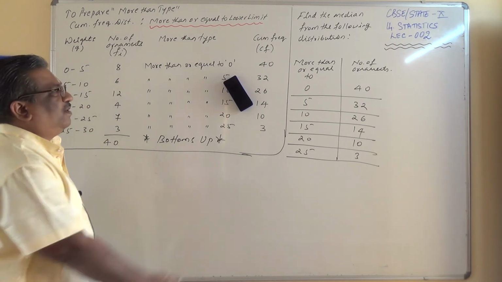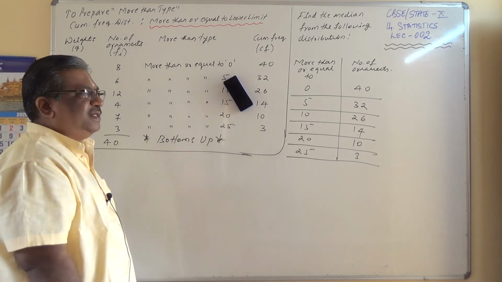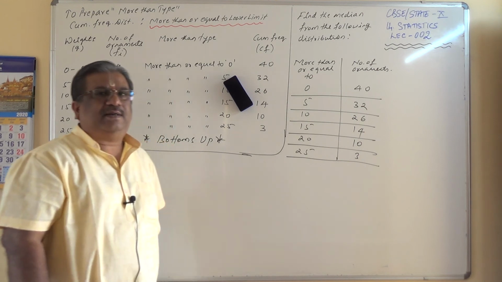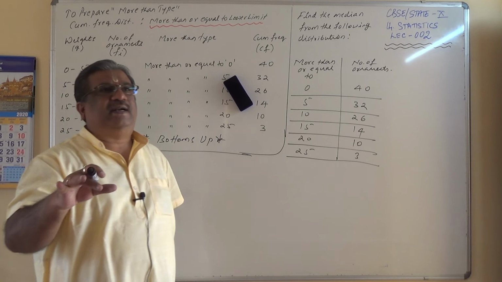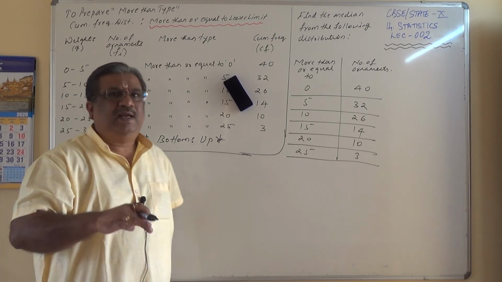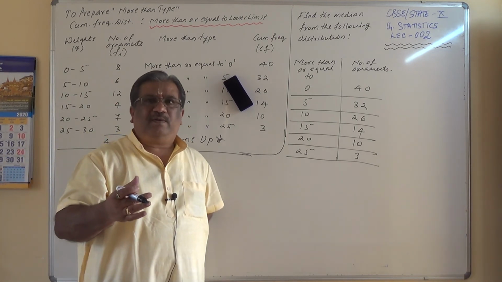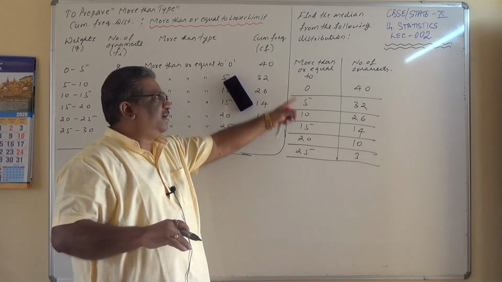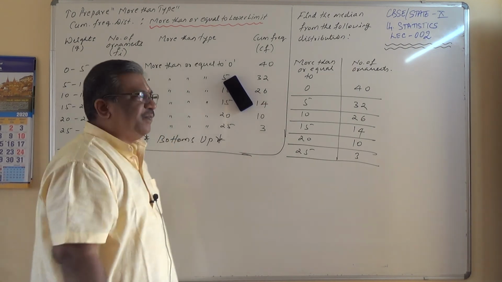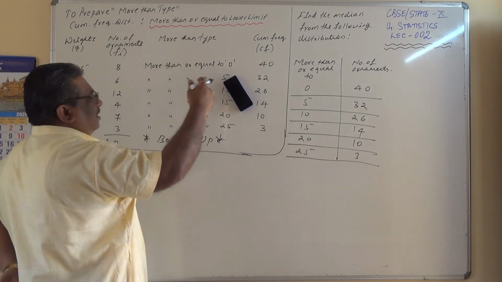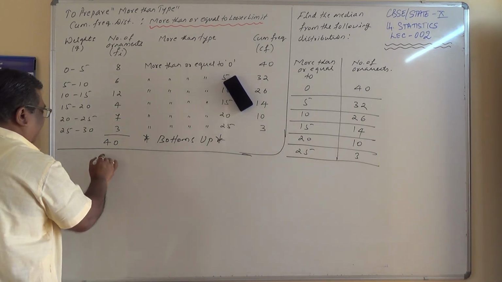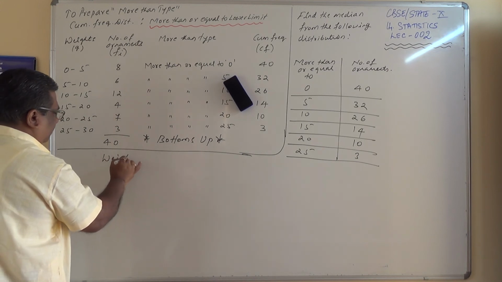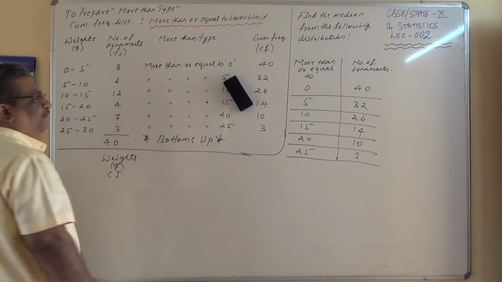What to do now? We have to extract from that cumulative frequency, the class interval, frequency and cumulative frequency, because this is the standard table that is to be prepared always whenever we need to find out the median. This data is given. Check now how to prepare the normal table to find out the median. Here I'll prepare that. Weights in grams, which is nothing but class interval.